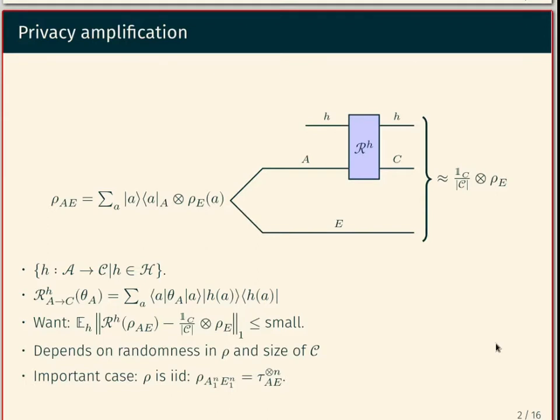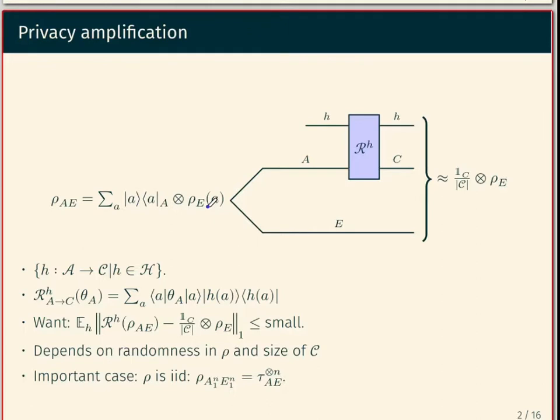Most of you have probably heard of it. So here's the setup. We have a bipartite quantum state here, so it's a CQ state. We have an A system here that is classical and an E system here that is quantum. And you can think of it as the output of, let's say, a QKD protocol, where the classical system here would be Alice's raw key, and the E system here would be Eve's side information that she managed to acquire